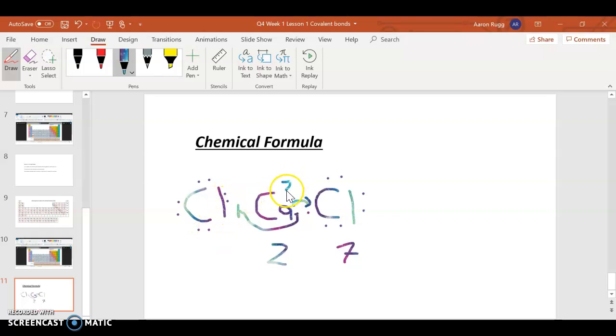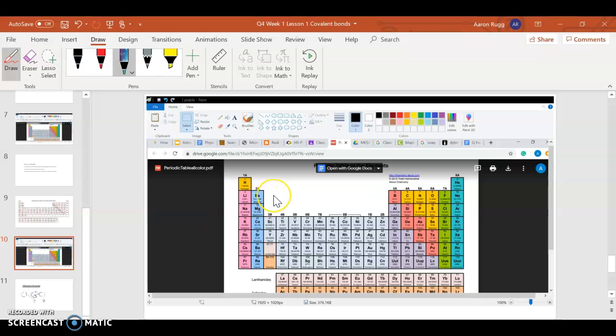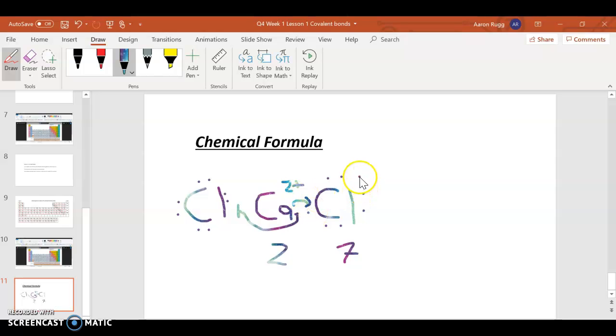This allows calcium to have a +2 charge. Remember, you can figure out the charge from the column as well. Remember, the periodic table is our roadmap. So if it's in the second column, it's going to have 2 valence electrons, and that's how many it's going to lose when metals form cations. Anions, which are nonmetals, gain. So chlorine gains 1. So I always know that that's going to be my positive charge, and I always know that's going to be my negative charge. So when I draw the Lewis dot structure for this guy,